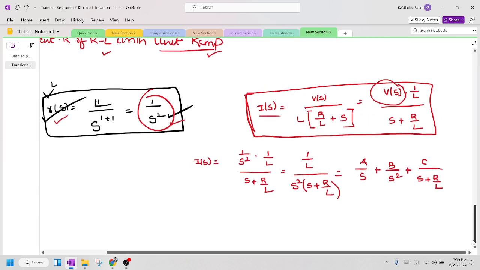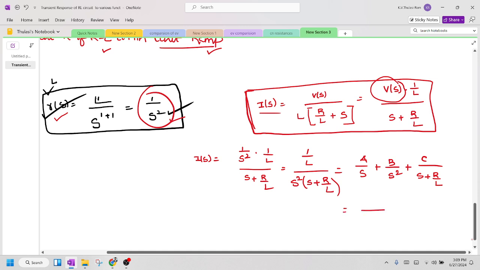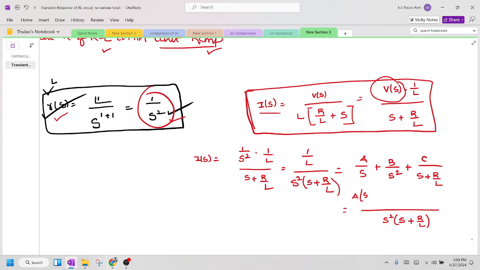When you see this equation, the LCM is s² into (s + R/L). So when you write this down, you are going to get A into s into (s + R/L), plus B into, s² will cancel, (s + R/L), plus